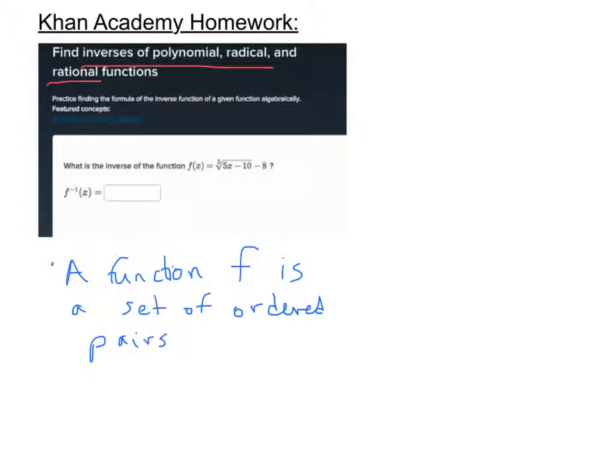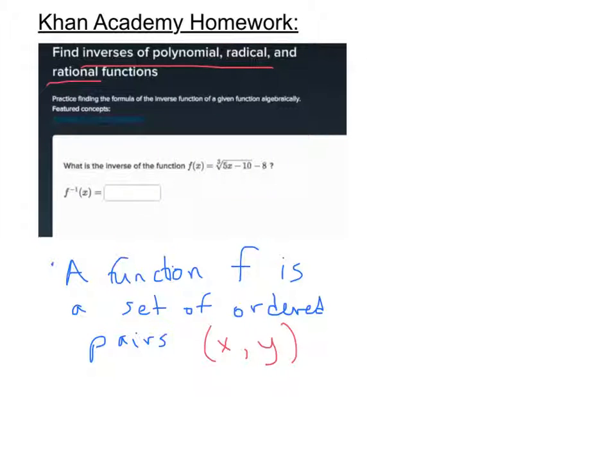Before we get to the question, I just want to give you a little bit of a different definition of a function than we've considered before. Previously in class we've defined a function as a relation where each input has exactly one output. But now I want you to think of a function as a set of ordered pairs. It's still the same idea, but if you think about it as a set of ordered pairs, x comma y, where each input has exactly one output,